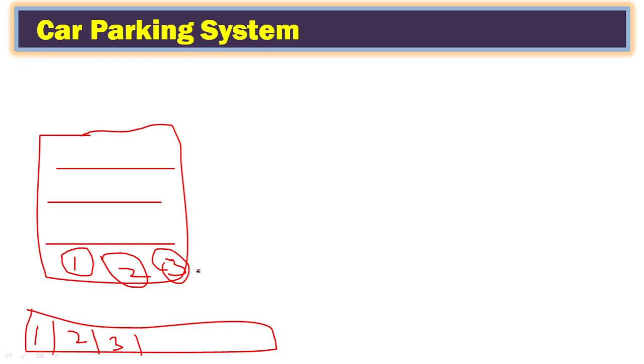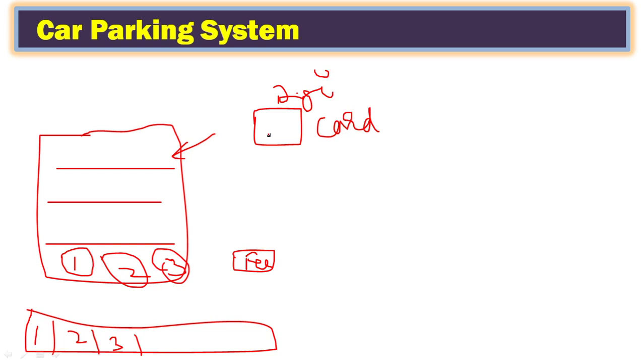Next, the software has to provide an option to enter all the slot details, then the pricing per hour, what the charges are, what the parking fee is. So we need to enter the parking fee per hour. Then we can enter the details of customers who come regularly to our parking bay, and we also issue a digital card. A digital card is like a payment card. Once you give the card, they can deposit money into it. When they are going out, they have to show the card, and we can deduct the money from the card.